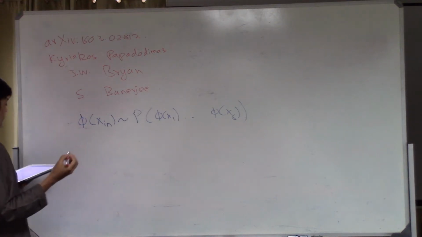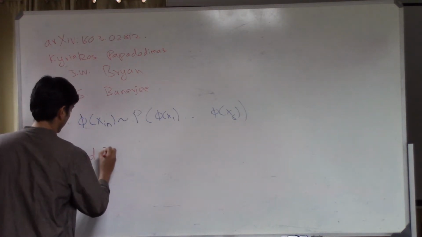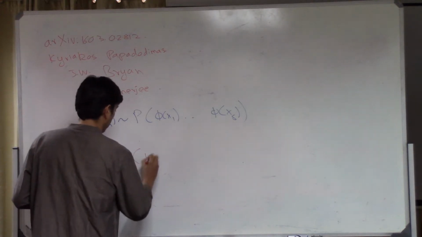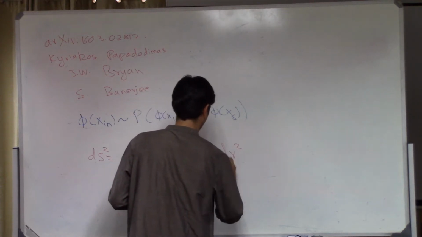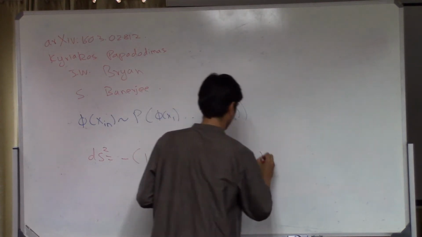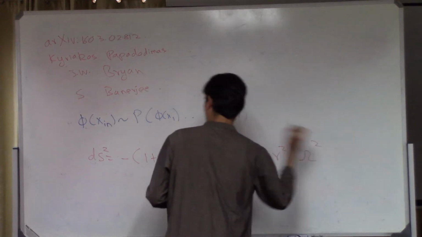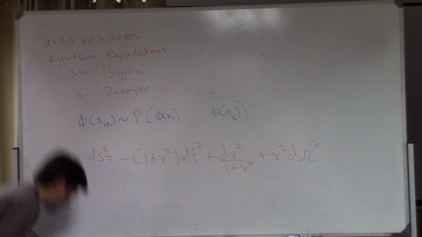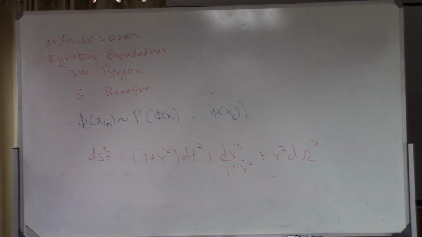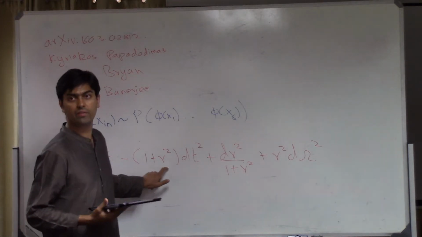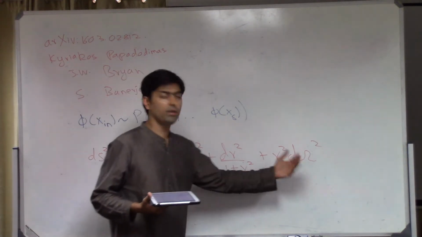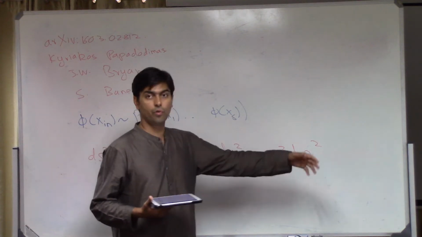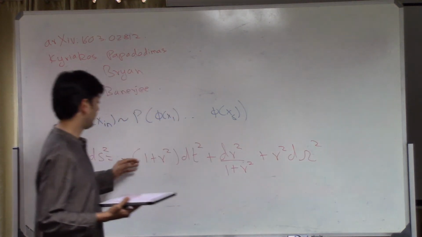Okay, so let me remind you what empty anti-de Sitter space looks like. We'll just write down the metric. So this is empty anti-de Sitter space. This is a global version of anti-de Sitter space, and R here is the radial coordinate. R equal to infinity is the boundary, and R equal to 0 is the center of AdS. And at each point in R you have a sphere. We can in fact, for the purposes of this talk, just be in AdS4. So this is an S2 at every point. And this is the time direction.